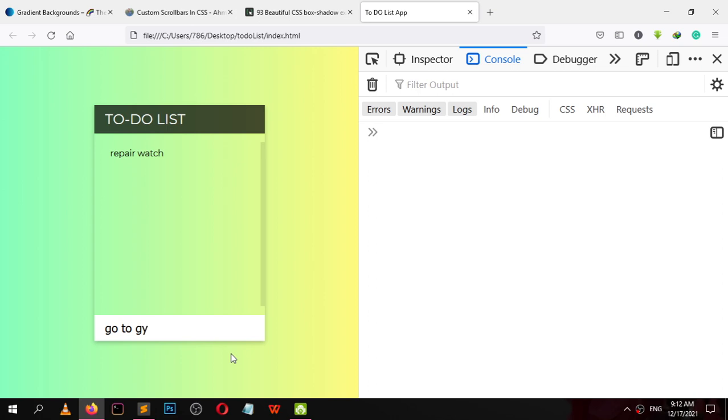Go to gym, etc. Everything is added to the top of the list, and when the list grows, we see this hover button. That's it. We made a beautiful to-do list. Remove, remove, remove.